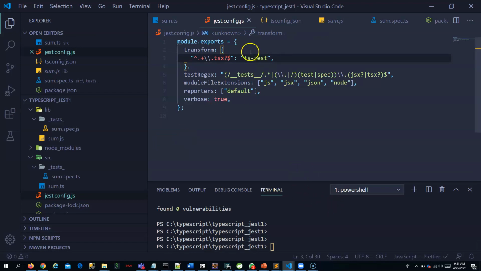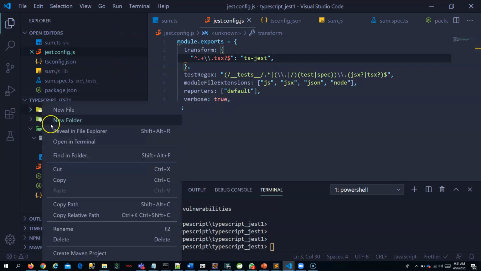But this will not create the lib folder as we have here. We actually built and created transpiled files, as we have seen, right? This will not do it for us. It will not create the JS files and put them in our directory. But internally, it will use ts-jest to convert to JS and then do the steps. Instead of us adding an extra step, building and then running with Jest, it will do it internally. It will first use ts-jest to transform and then use Jest to test it.